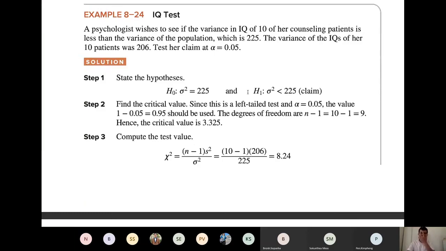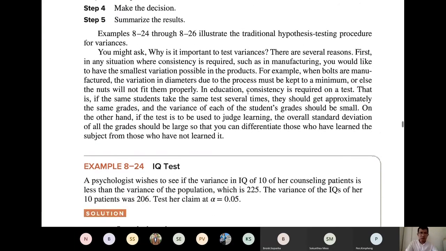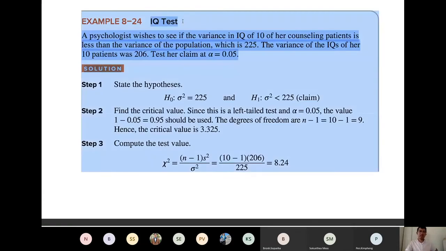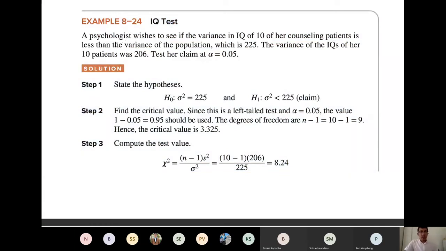So this is one example of hypothesis testing for variance. A psychologist wishes to see if the variance in IQ of 10 of her counseling patients is less than the variance of the population, which is this. The variance of the IQ of her patients is